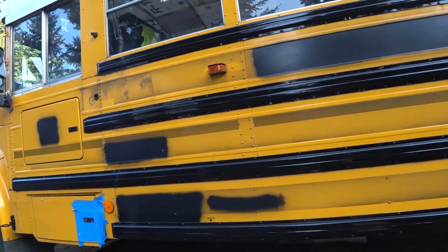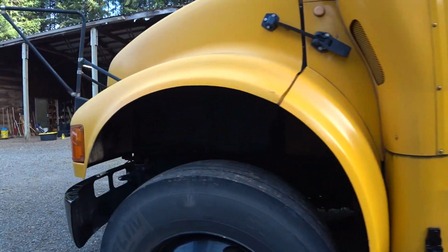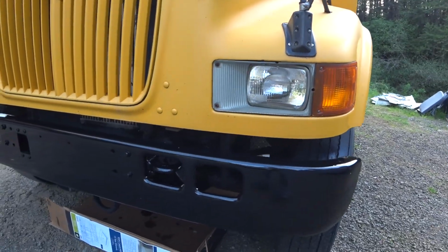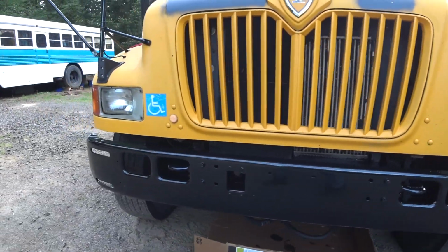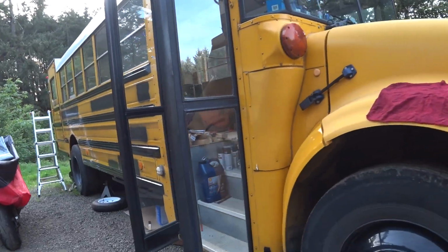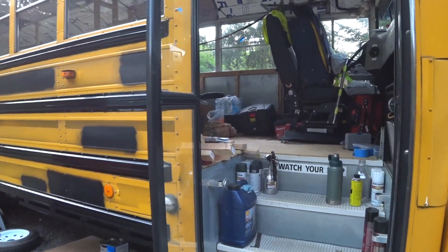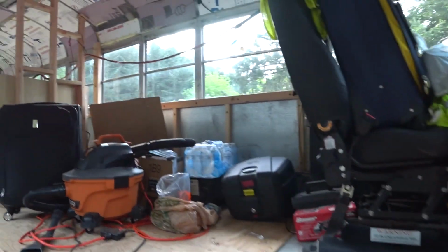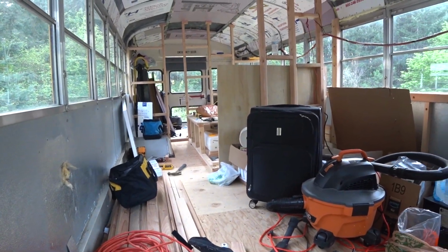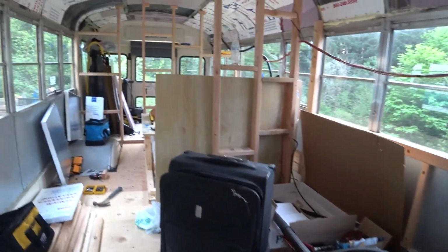Takes forever masking it. You can't look too close because there's some drips and runs, but you know, it is a bus. So that's what we worked on today, and tomorrow we will probably come back in here and finish framing out this bed. We got to get another piece of plywood,